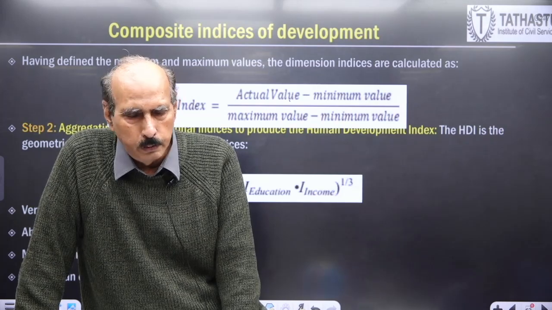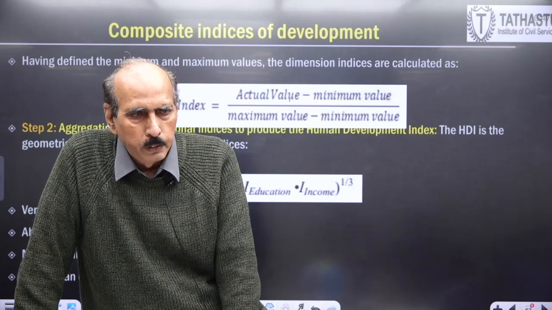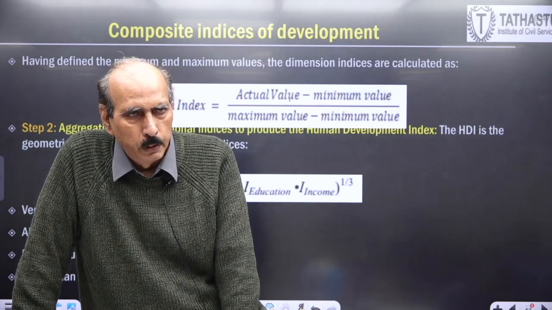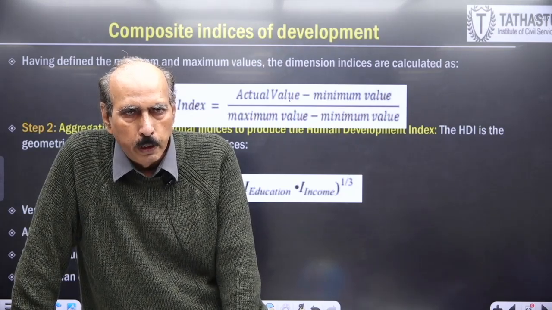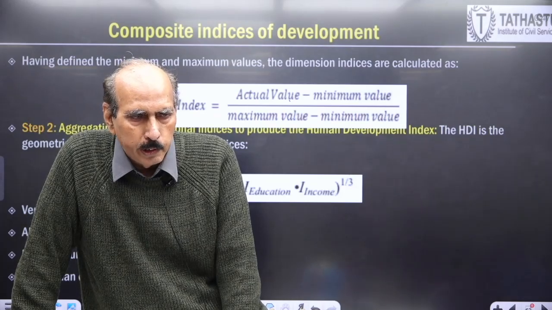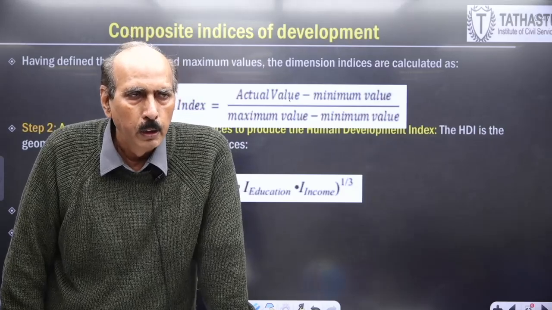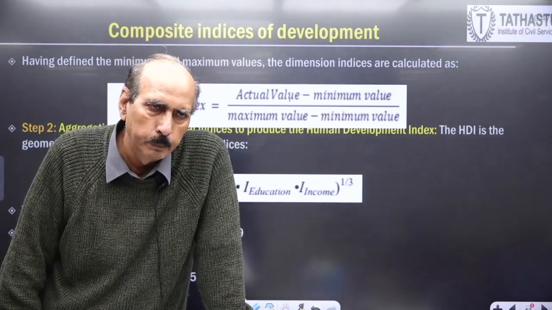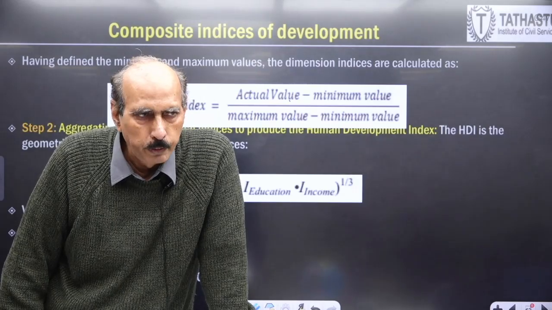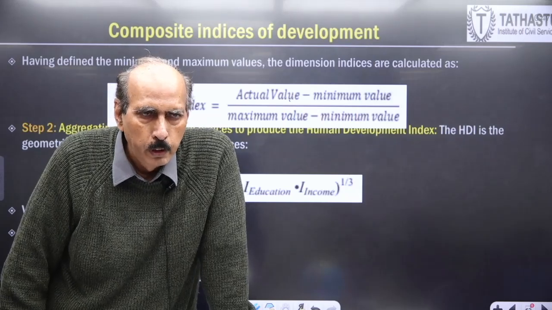And in our country, or in most of the Asian countries, gender discrimination is rampant. Therefore, we have to adjust the HDI with gender discrimination. The second adjustment has to be made in the form of gender discrimination. And the third adjustment, introduced in the latest 2021 UNDP report, is the planetary pressure adjusted HDI. Which country is emitting most of the carbon emissions? Their HDI will be discounted. 3 adjustments are made in HDI today.